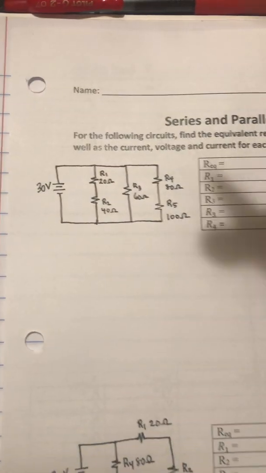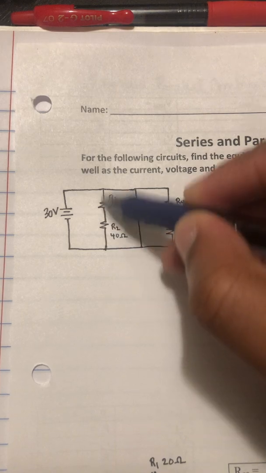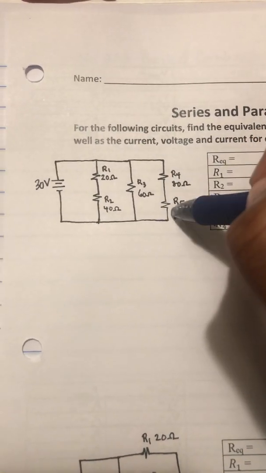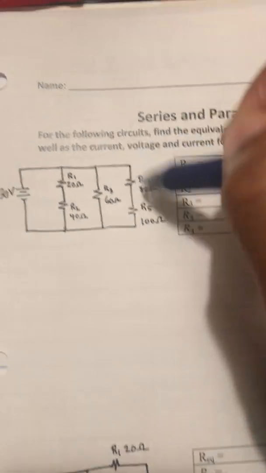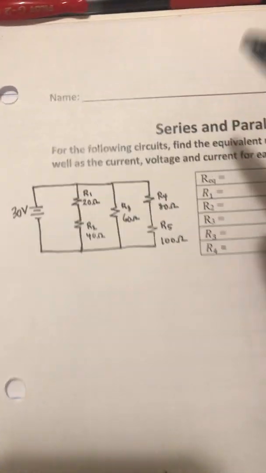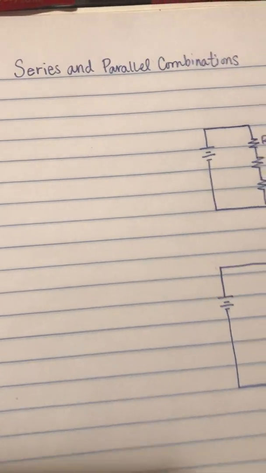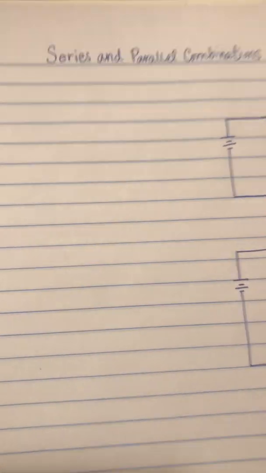For example, I have these two in series, these two in series, but this whole branch and this whole branch are in parallel with each other. So I'm about to go over a few example problems, because the best way to do this is to just solve example problems. But I do have some very general steps on how you can solve them. So the first step